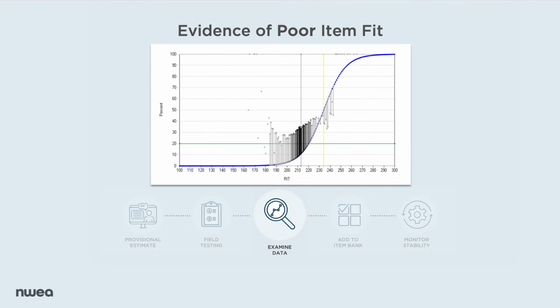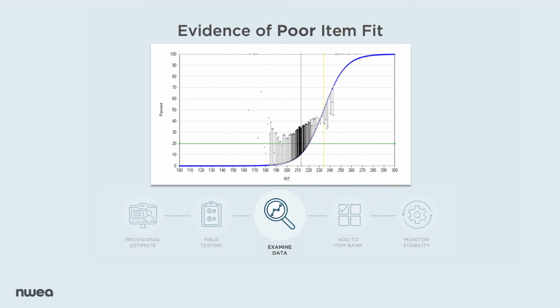Something is off. Students at both low and high achievement levels are getting it correct at about the same rate. That flat, unpredictable pattern tells us this item isn't doing its job. It's not distinguishing between students with different levels of achievement, and that's a problem. When we see this kind of misfit, we know the item likely needs to be revised or removed from the